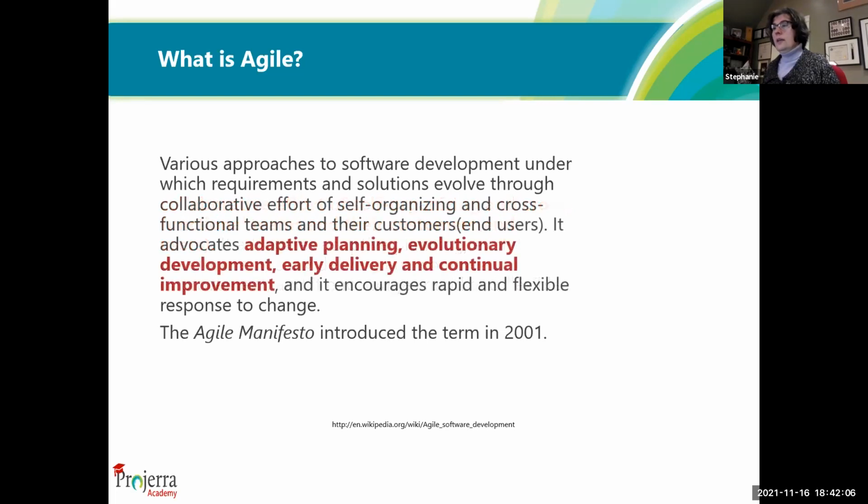All right, next one. Adaptive planning, evolutionary development, early delivery, and continual improvement. Okay, so I use this example all the time: you need to know where you're going. So if we have to plot a course between here and Calgary, usually I say Vancouver, but right now Vancouver is isolated from the rest of the country, so we're going to stop in Calgary instead. We need to know that's our destination, but we don't necessarily know how we're going to get there. So we need to have a plan, yes, but we should have that plan as adaptable. Are we going to take the bus, the train? It doesn't really matter.